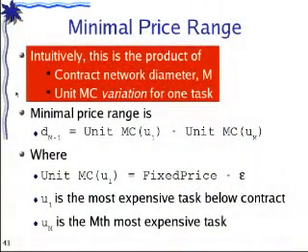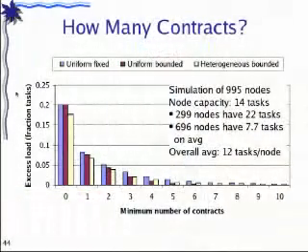And how many contracts do nodes need to have for us to get to this type of allocation? So without going into the details, for a uniform network with uniform nodes and contracts, the minimal price range has to be proportional to the diameter of the network of contracts, which is how far a task might have to go to get into acceptable allocation. And also it has to be proportional to the unit marginal cost variation for one task, because each node in the sequence has to be able to make a profit by forwarding the load from an overloaded to a more lightly loaded partner. In terms of the number of contracts, we look at this using simulations.